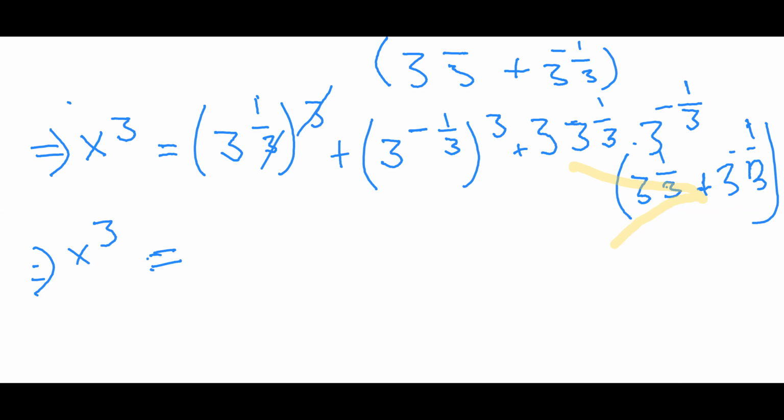তাই যদি হয় তাহলে আমি এখানে কি লিখতে পারবো, 3 এর পাওয়ার তো কাটাকাটি চলে গেল, 3 এর পাওয়ার চলে আসলো 1। If 3 has the power 1, it means 3 থাকবে, there will be no change, plus same thing will happen for b cube, এই 3 ও কাটা চলে যাবে, তাহলে 3 এর উপরে পাওয়ার কি থাকবে, এই যে একটা নেগেটিভ সাইন ছিল, দ্যাটস ওয়াই নেগেটিভ 1 প্লাস।